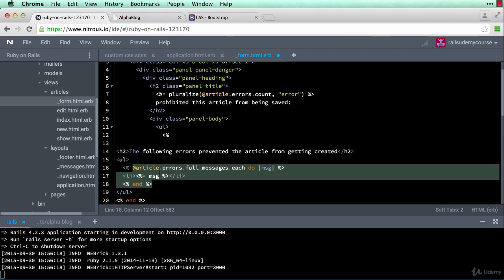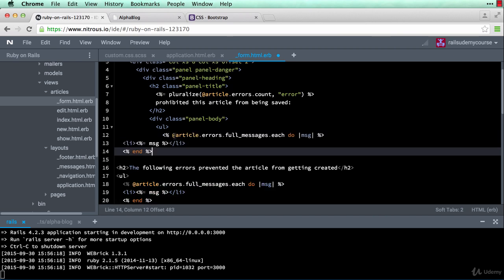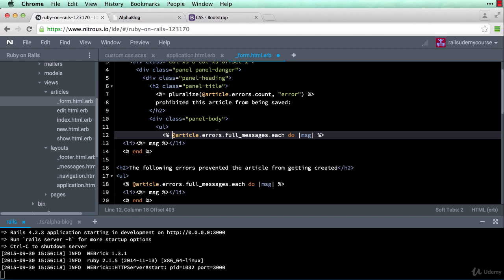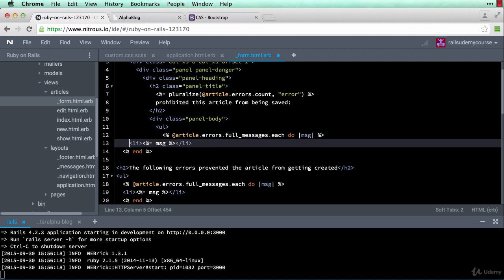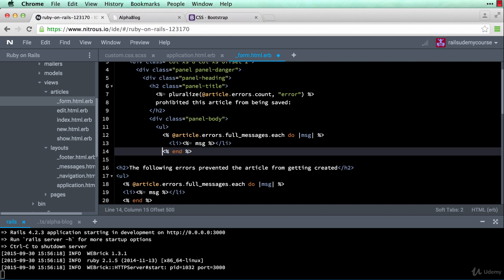Command C, Command V. Okay, so @article.errors.full_messages.each do msg, which is short for message, and then the li over here, embedded Ruby to display the message, close li, and then end the do block,